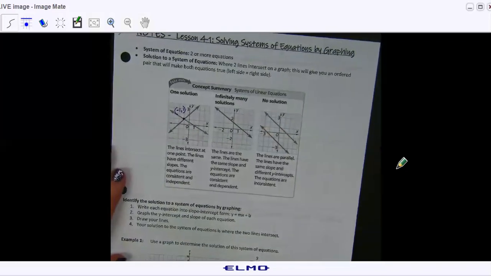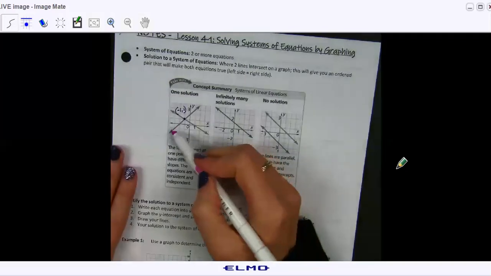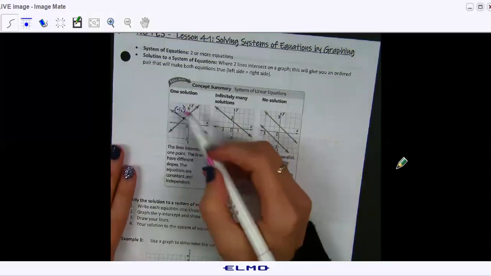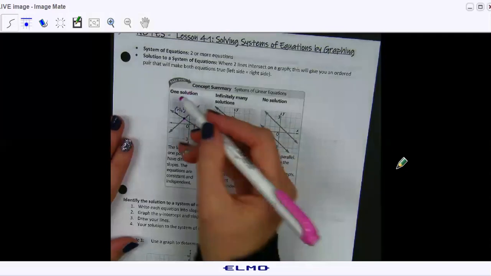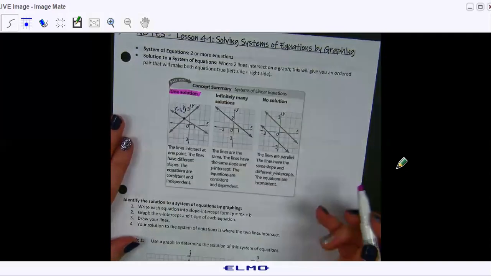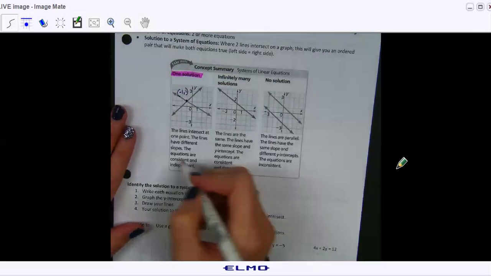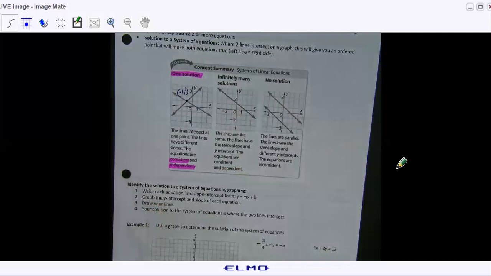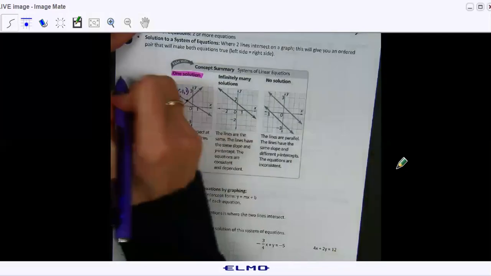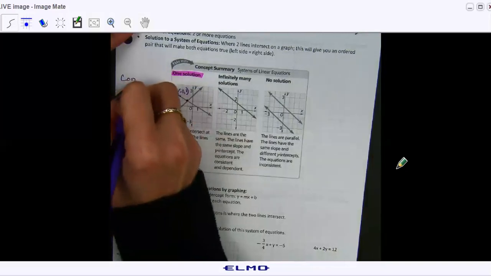So in looking at some of the definitions here of systems, okay, you have the primary example right here. When you take 2 equations and you graph them on a line and they intersect at one point. So whenever they just intersect at one point, they have one solution, okay? And we call these equations consistent and independent, okay? And we're gonna write what consistent and independent mean, okay? So consistent